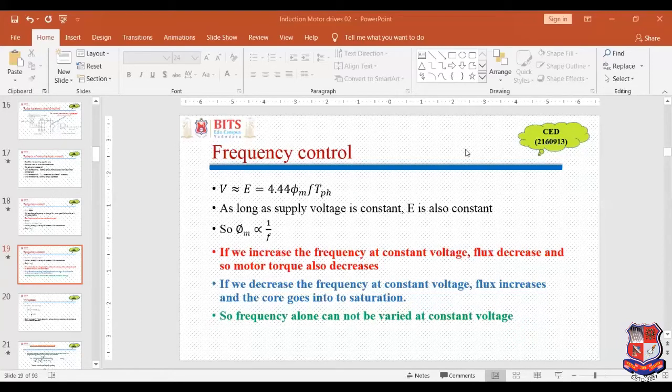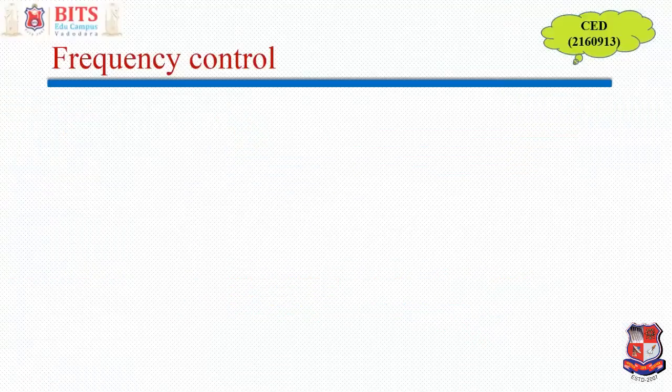All right, so welcome back after the weekend break. So we are supposed to discuss today the closed loop speed control or closed loop V by F control of induction motor drive. So far, we have discussed in this unit 4 the scalar control of AC drives, and that we have discussed scalar control of induction motor drive.